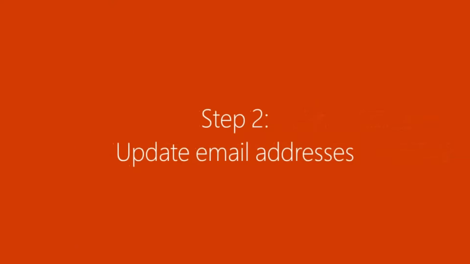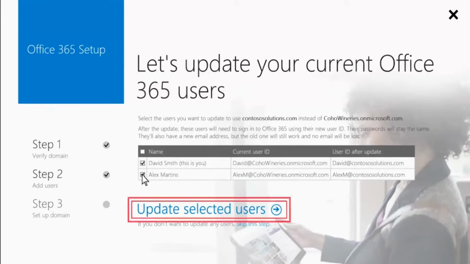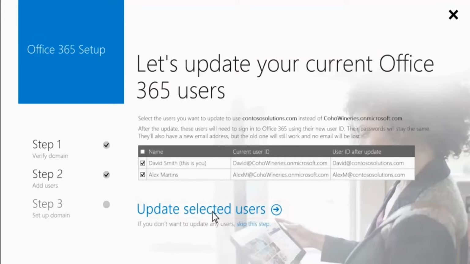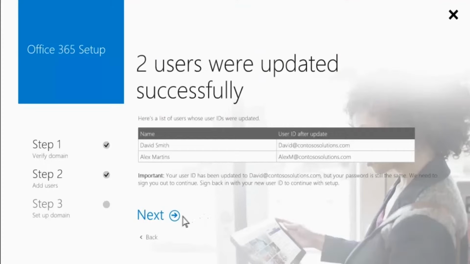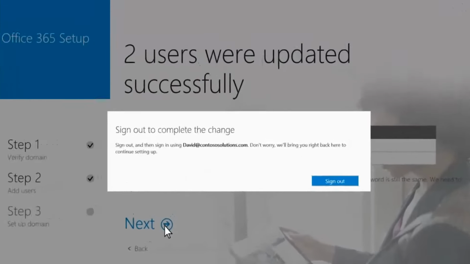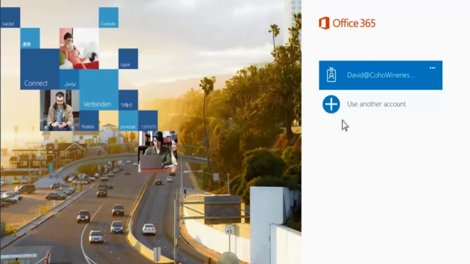In step 2, I'll update and add email addresses. Changing our email addresses now helps make sure that we won't lose any emails once they start coming to Office 365. I click Update Selected Users, and I see a confirmation that my users were updated. I see a message telling me to sign out and sign back in to complete the change, so I click Sign Out and sign back in with my updated email address,